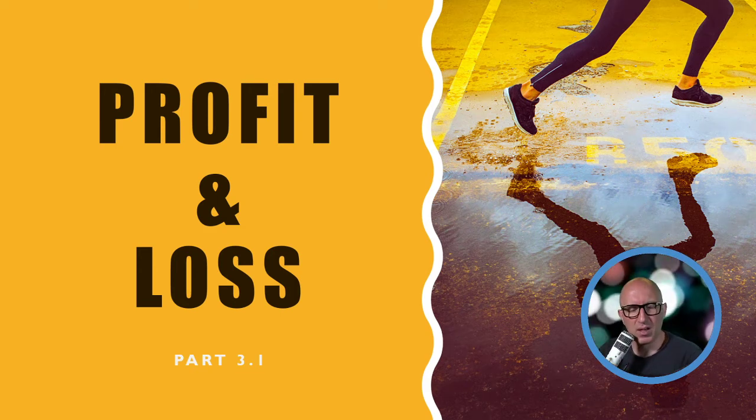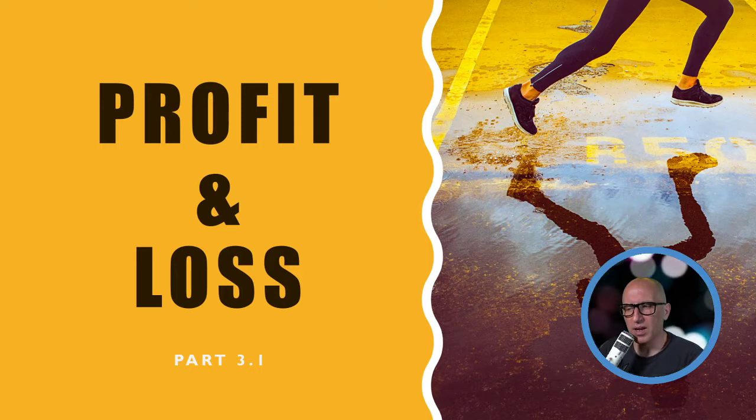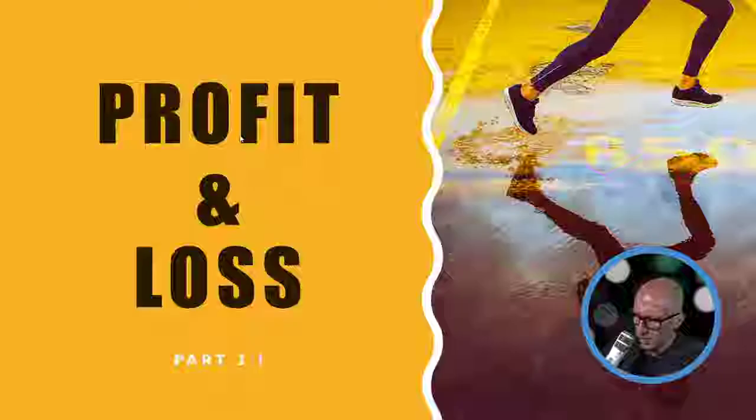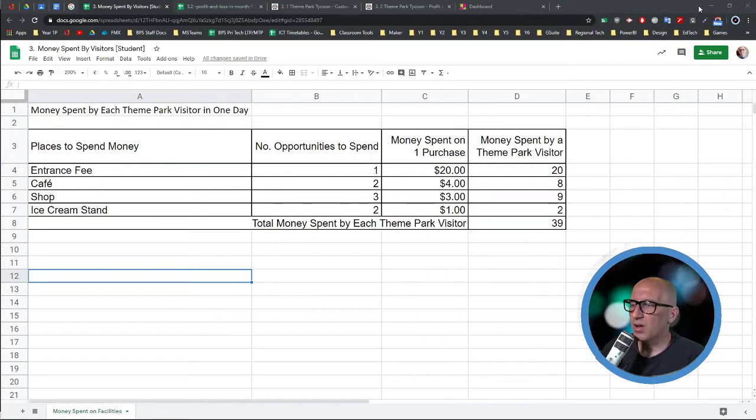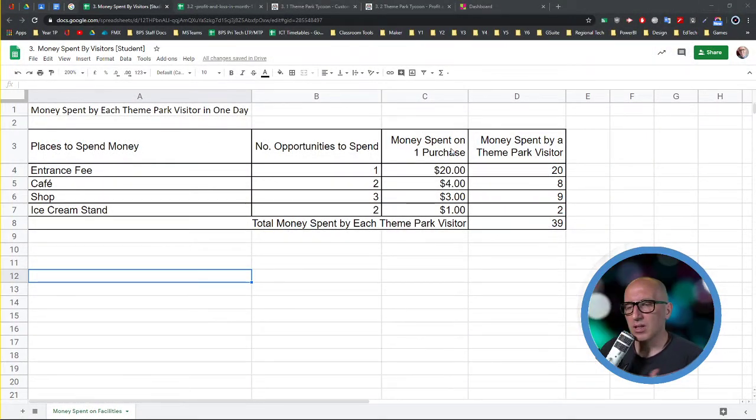Hope you're well. We're going to continue with our profit and loss because we're going to come into the formatting section, which is the part where we said we were going to change the way that we can make it look, and we can add some color to it, and we can start to use the explore button that some of you had explored before. So we're going to go into that right now, and we're going to go and check out where we were before with this. So the first part of the formatting is